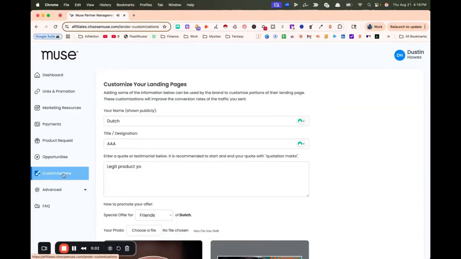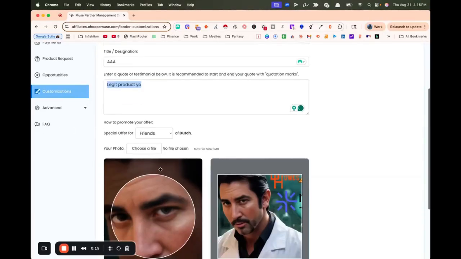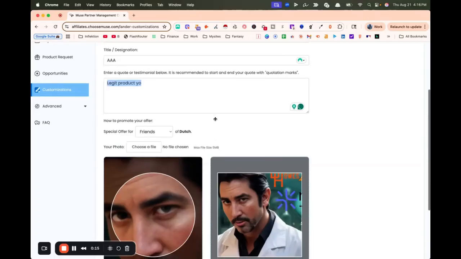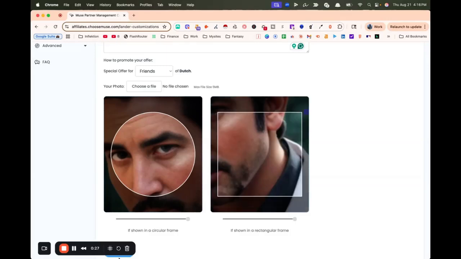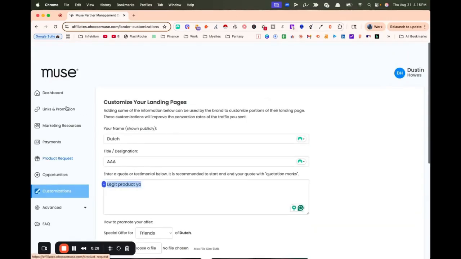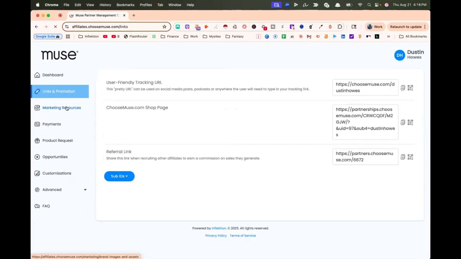In the customization tab, you have the option to adjust your own landing page. You can change your name, your title, enter in a quote that you want about the product and tell people what you like about it. There are fields that are going to be more customizable than others, but the basis of this is you add your own photo, bring it to life, and then when you save this information, you're going to go back to your links and the page will automatically be adjusted